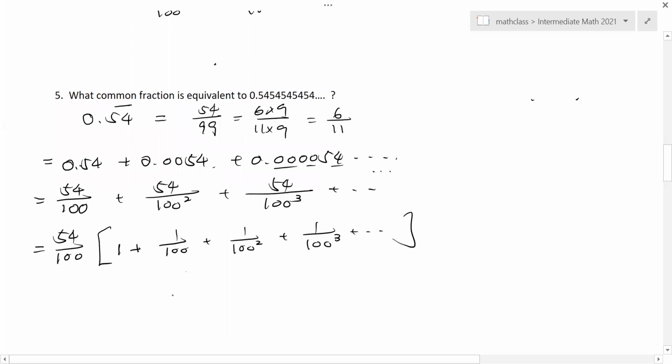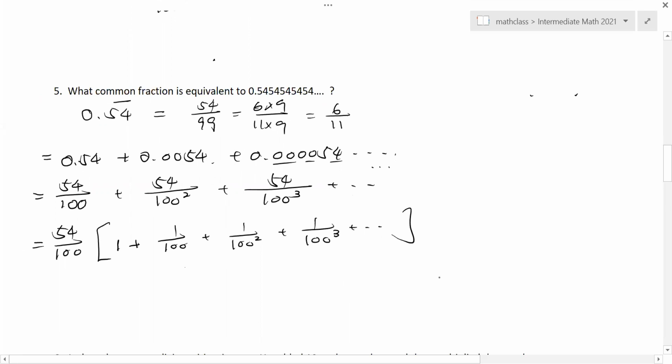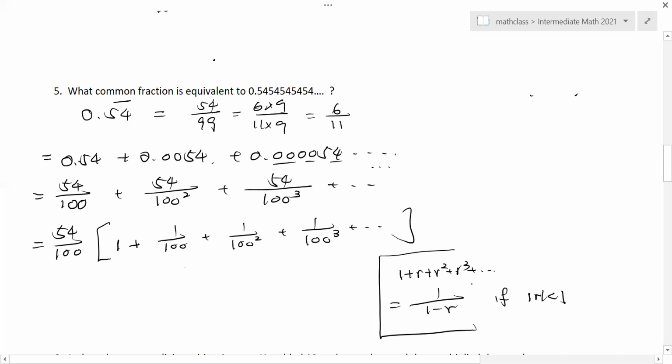In mathematics, there's a formula here. The formula says that if you have 1 plus r plus r squared plus r cubed, and you add all the infinitely many terms together, that's going to be 1 over 1 minus r if the absolute value of r is less than 1. This is called a geometric series, and we know how to add them together if r is small. Right now r is 1 over 100, so it's going to be just 1 over